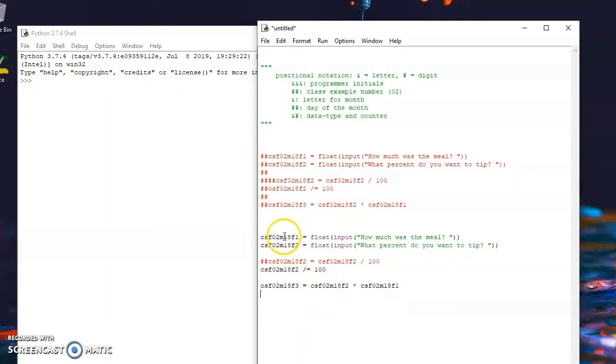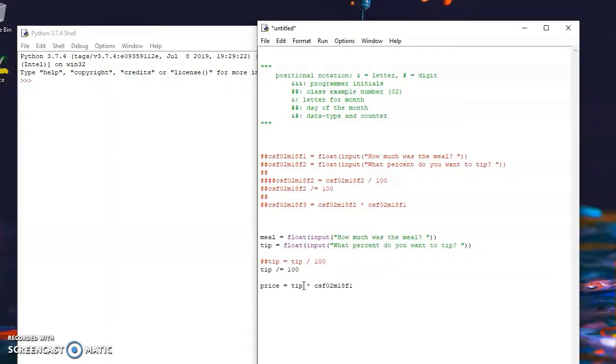And let's make this a little easier to follow while we go through our example. So this, I'm going to call meal. This one I'm going to call tip. Might as well change these. So tip equals tip divided by 100 can be abbreviated into tip divide equals 100. Those two lines of code are saying the exact same thing, and this is a standard abbreviation that works in most languages. So now our price